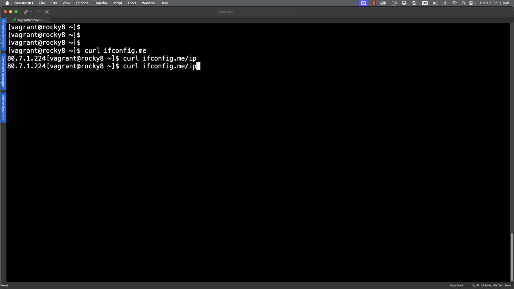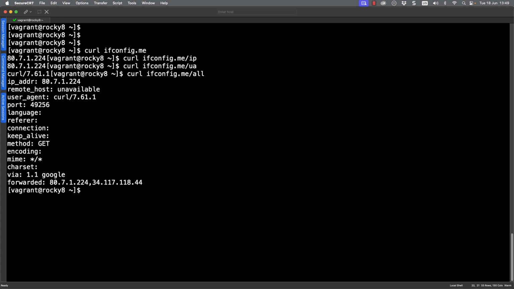So, of course, the shortest way is just to use ifconfig.me. If we look at the user agent, so /ua, of course, we're using curl, so we're seeing that being returned. And if we use /all with the API, then we're getting all of the populated fields coming back.